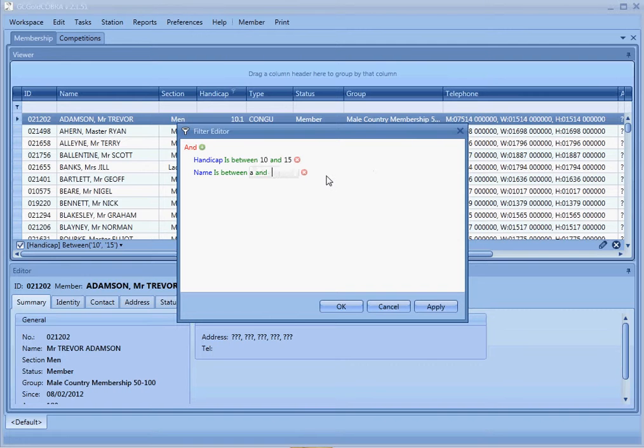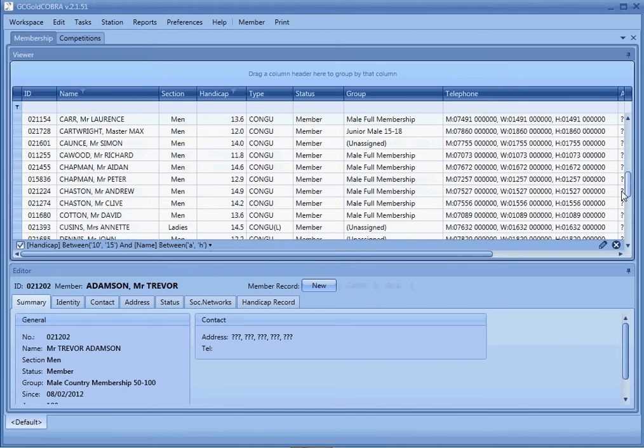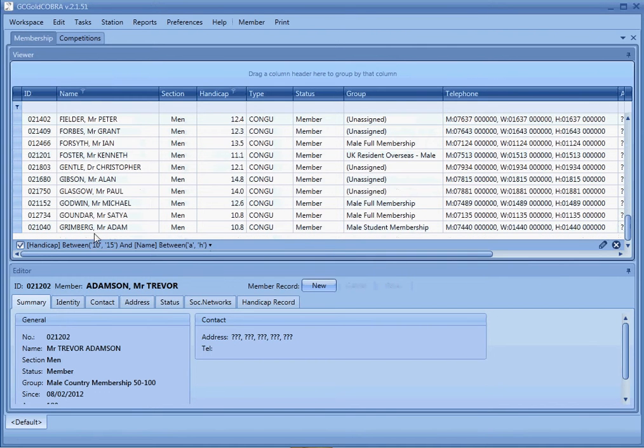Well, to include people with a surname starting with G, I need to set my maximum value as H, and it'll filter those out. I click on OK. And there you can see now my filter says handicap between 10 and 15, and name is between A and H. And if I scroll down, you'll see that my list now stops with people whose surname starts with the